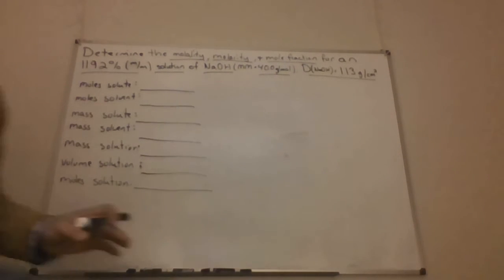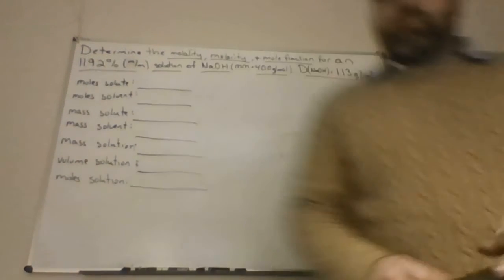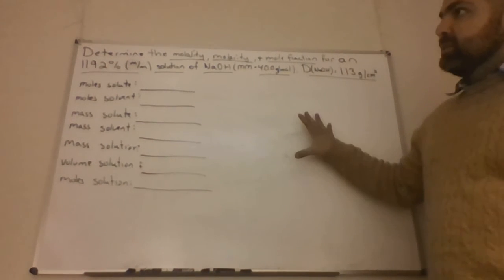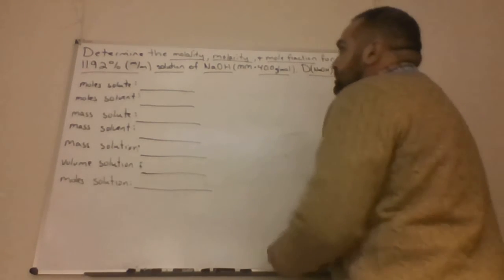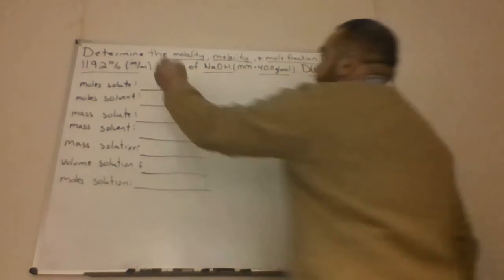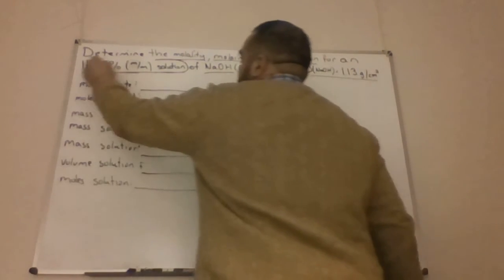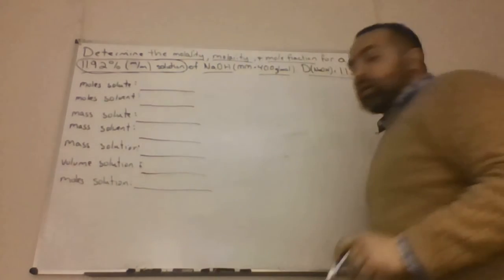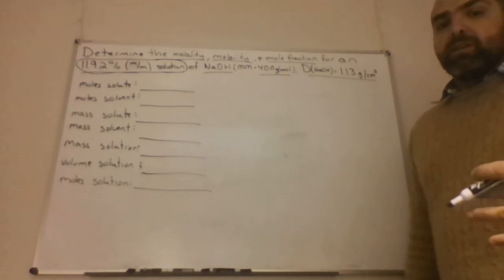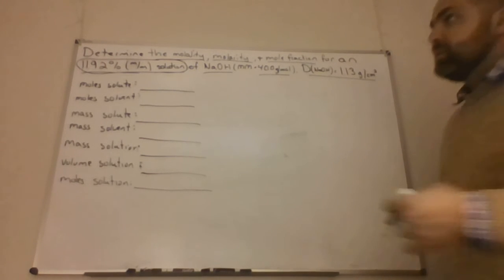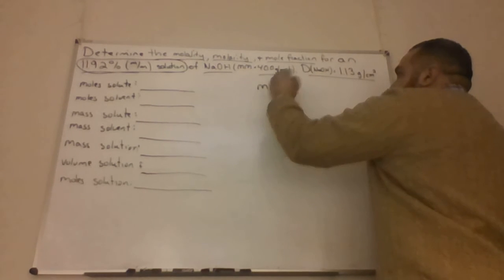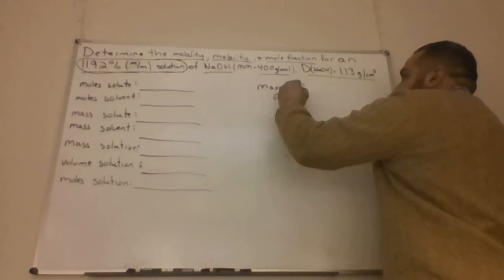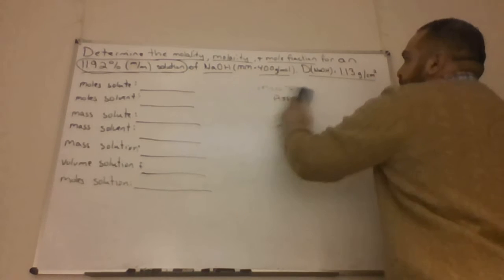Now the first step when we're doing a problem like this is we need our assumption. And so the assumption is based on what our original concentration unit is. So here we're dealing with mass percent. So that's what we're given, so that's what we need to base the assumption on. And so for mass percent, the assumption is, let me write that better,